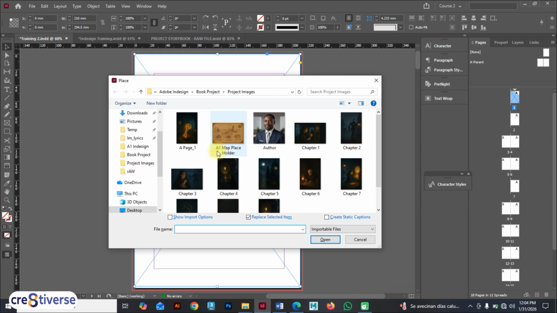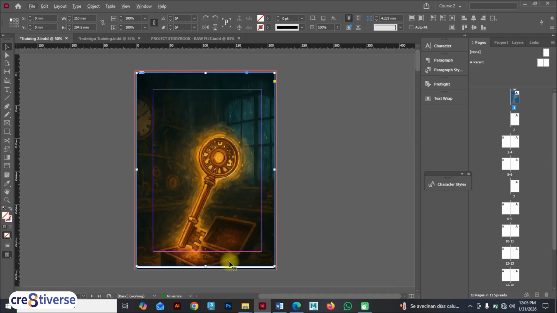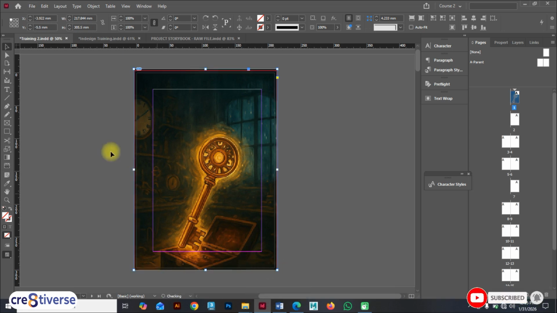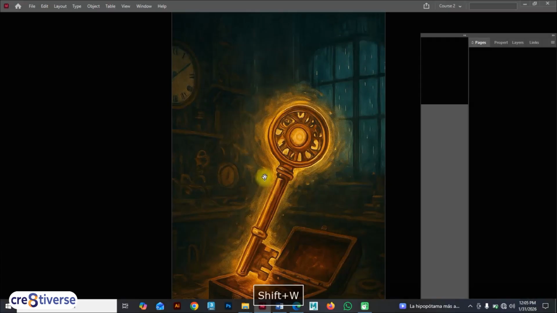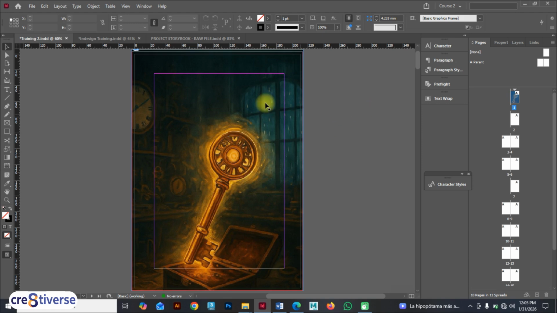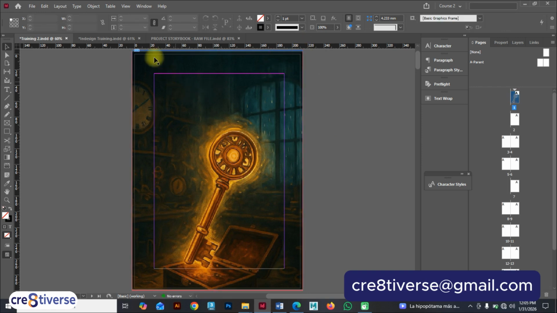I'm going to find where the image is stored. Image is stored here. So this is my front page. I'll click this and open. All right, so I'm going to hold down my Shift and Alt and maybe drag this into perspective. So if I hit Shift W, we'll be having this, as you can see on the screen. So let's move on. The next thing I'm going to be doing is to